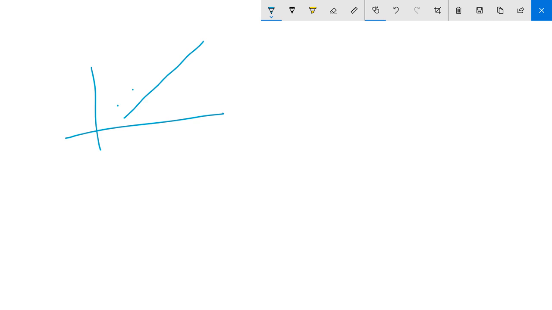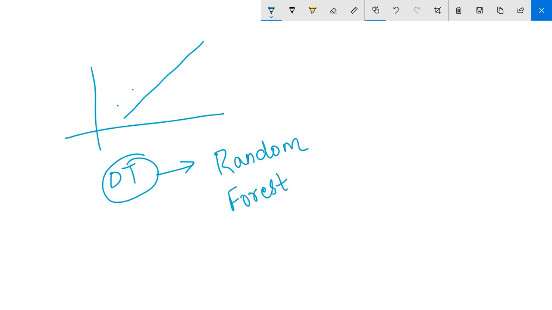So what next? I can also tell you that a decision tree can be upgraded. If you understand the decision tree, there is an upgraded version of it known as random forest. You can say if this is your bachelor's, this is your master's of the same thing. If you are good with decision trees, you can easily upgrade yourself to random forest, which is these days very popular, especially if you are doing projects on the